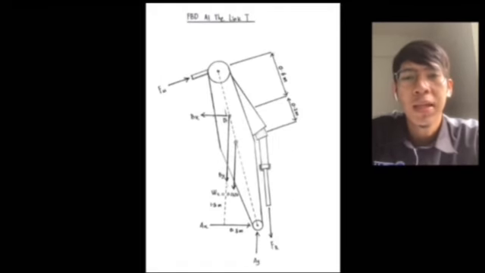The next FBD is at the link T. We mentioned the cylinder M as Fm, then the weight of the link is known as W2, which is 0.2 kilonewton. At the pin B, we have two forces mentioned as BX and BY. That's all from me. Thank you.